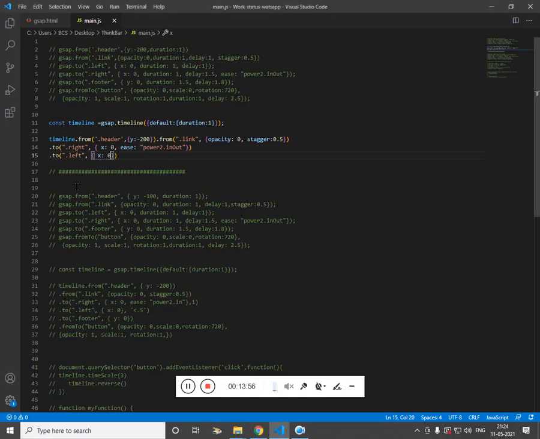So if you want to alter the delay, you can give the third argument. Like if you give just the number like 1, it will be relative to the first element. So the first element we have used is header, so this delay is 1 second after the header shows up.